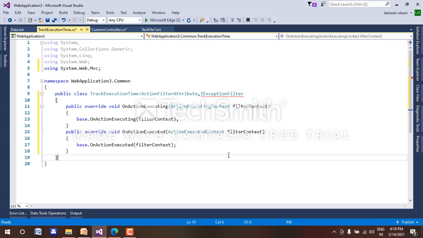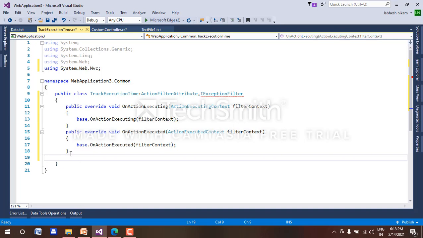We will generate five methods: for action executing, action executed, result executing, result executed, and then one again for exception. And to generate the log creation we will create one method, log execution time.